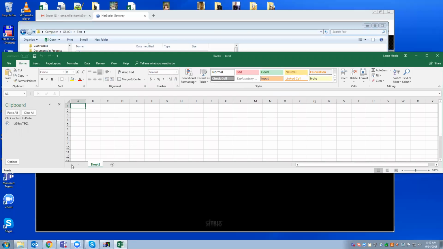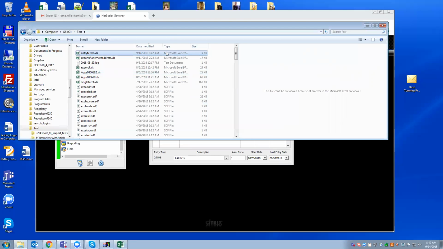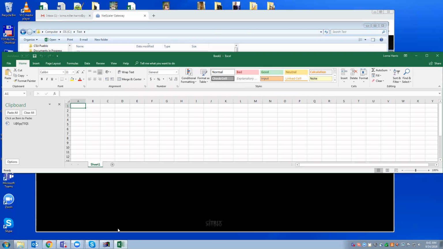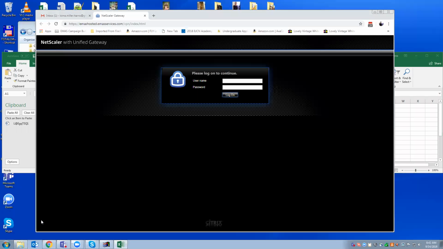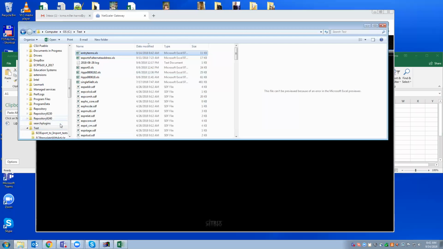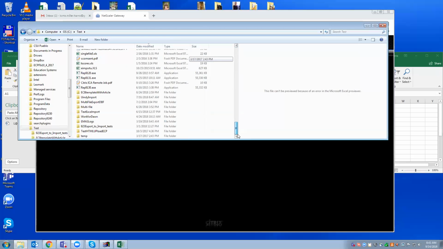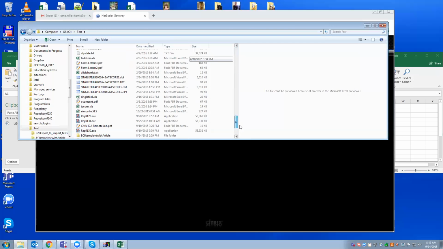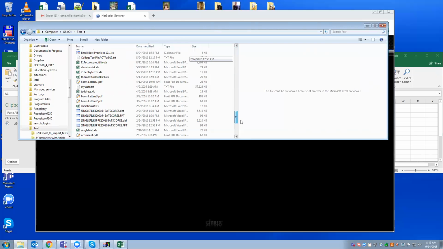Oh, you know what? Shoot. Because I'm on hosted, it doesn't like me. Our hosted instance doesn't like for us to export to Excel on our local hard drive.